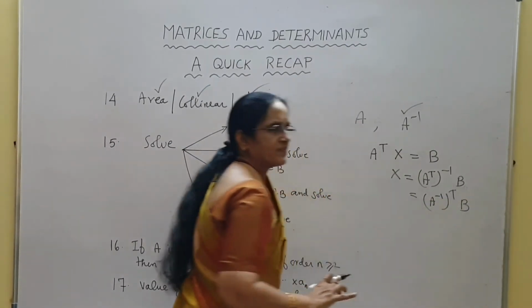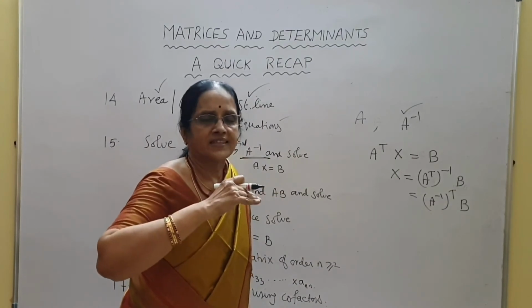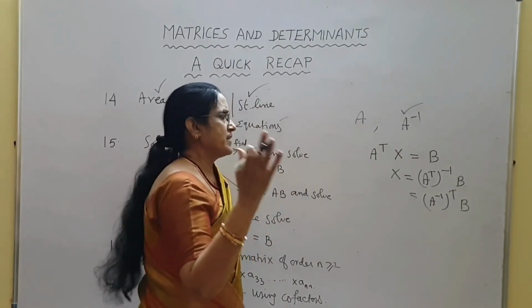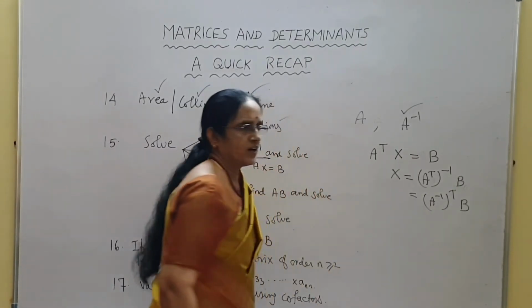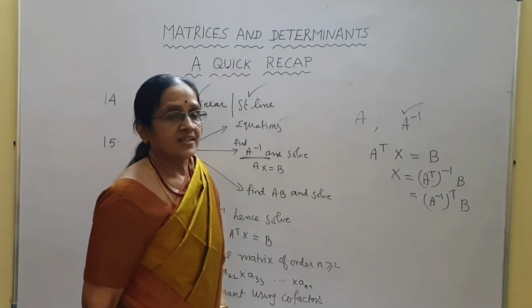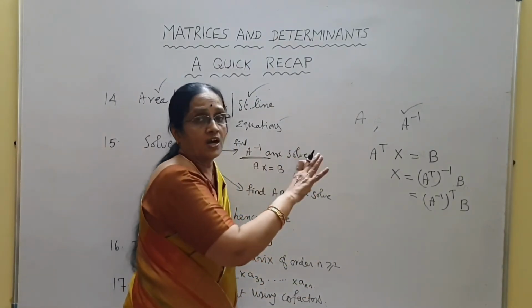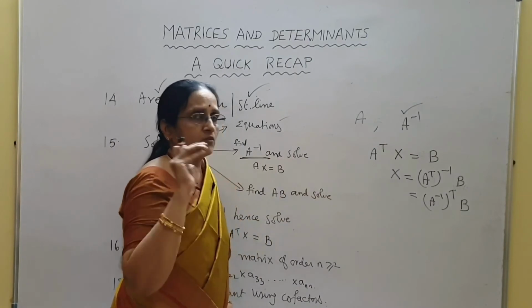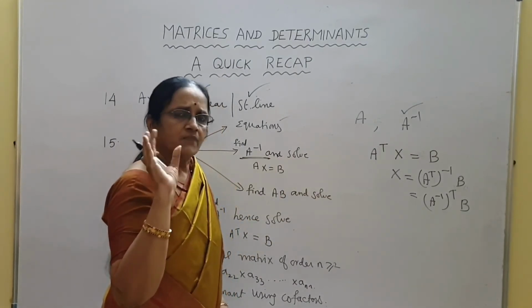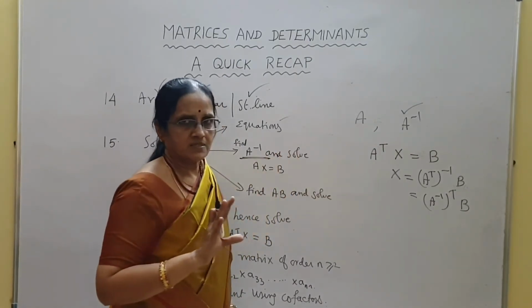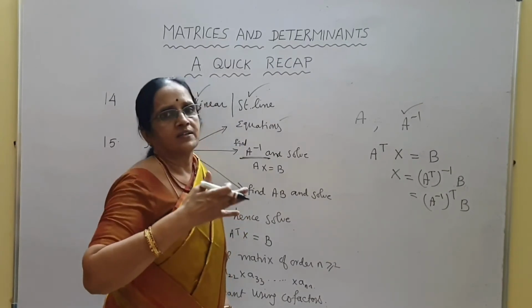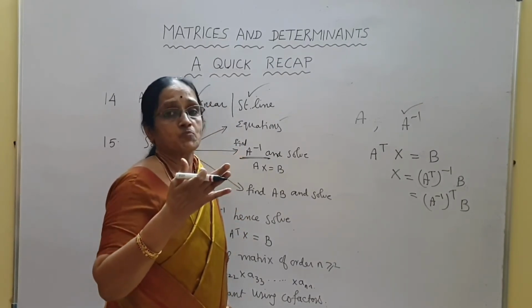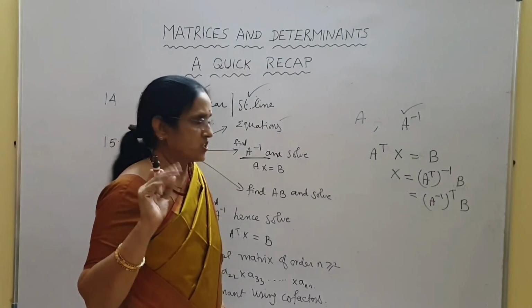Write the transpose of that. That means you have to interchange the rows and the columns. Then it is very easy for you to find out the value for x, y, z. See here, I cannot solve the problems. I can only give you the hints because we have done many problems based on this. These are all the types involved which you can expect in the board examination.